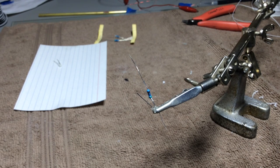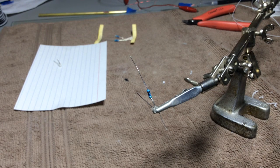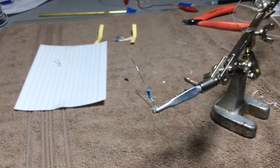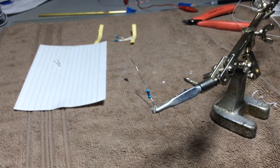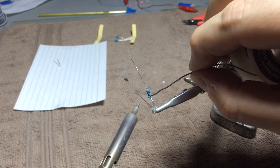And grab our soldering iron. And the solder I use is a 60/40 rosin core with a 0.032 inch diameter. It kind of looks like that. It's not the thick stuff, because it just works better for the modeling if it's the thin stuff. So we'll clean the tip of our soldering iron off with the wet sponge, and then we're just going to get a little solder